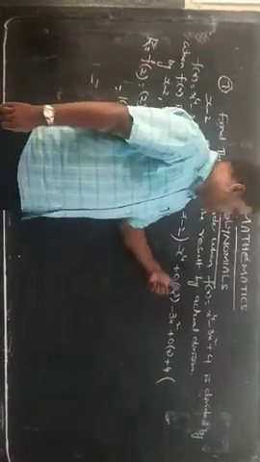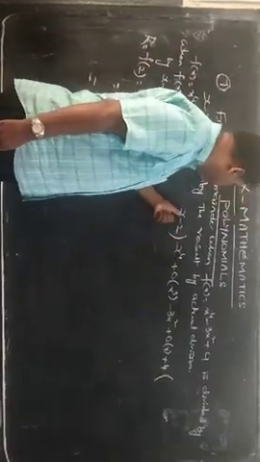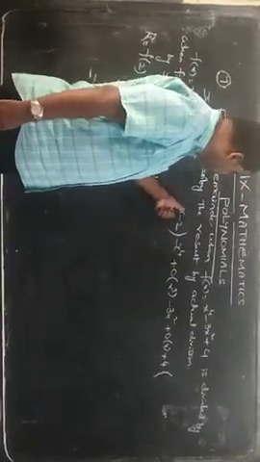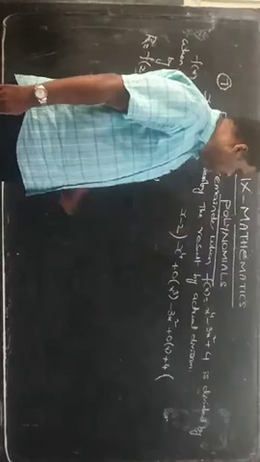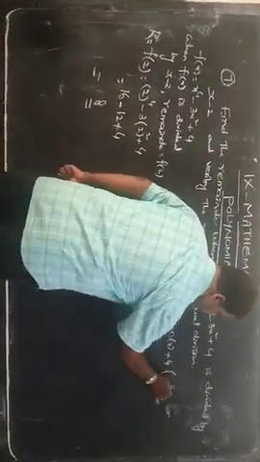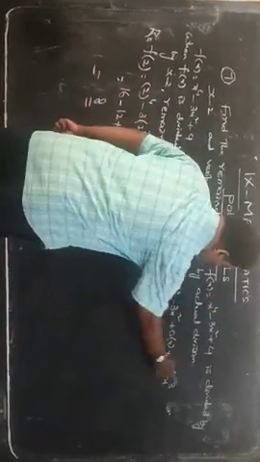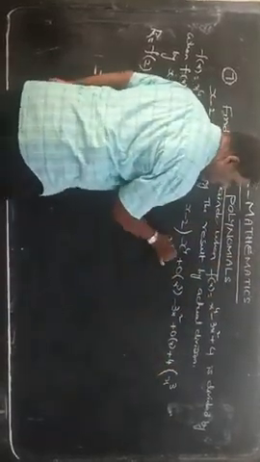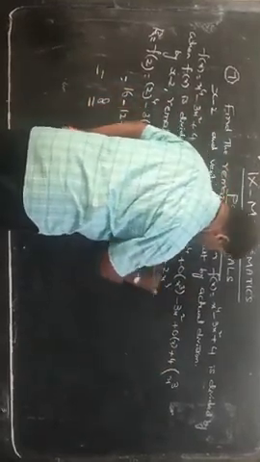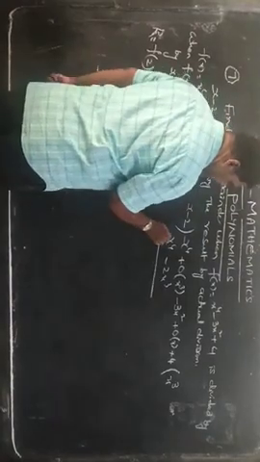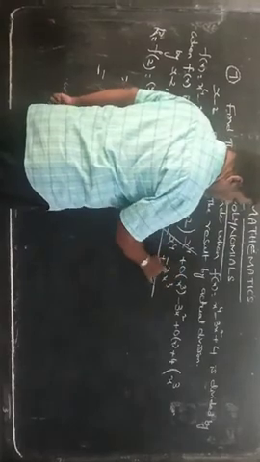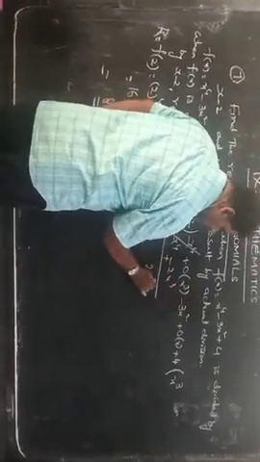Now in the division method, we should see the first term here and here. Here the first term is x to the power 4. With which number should we multiply x so that we will get x to the power 4? X into x cube. So let us multiply x cube into x to the power 4, x cube into minus 2x cube. While subtracting, we will change the sign. Here 0x cube, here 2x cube. If you add, you will get 2x cube.